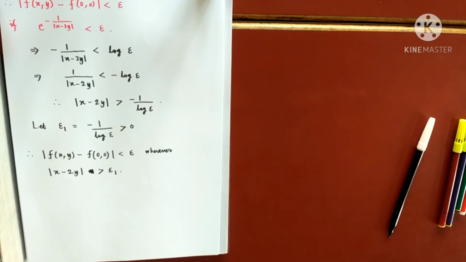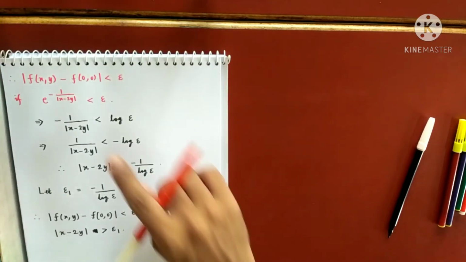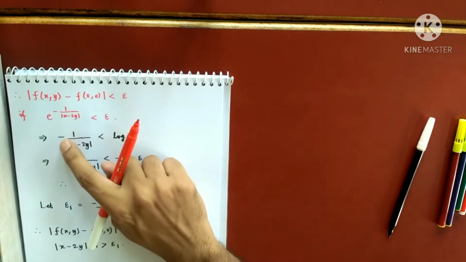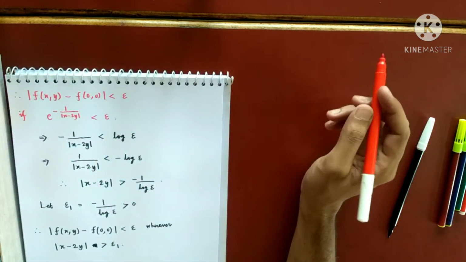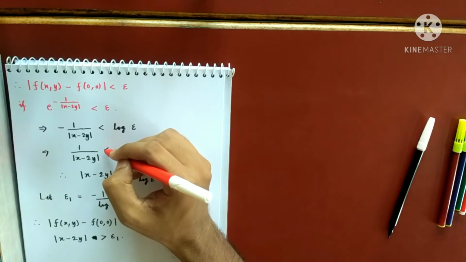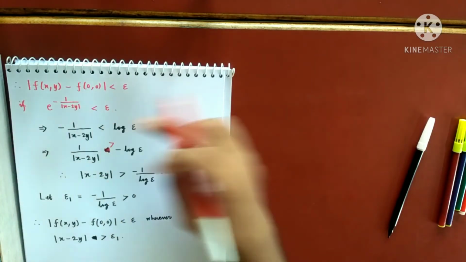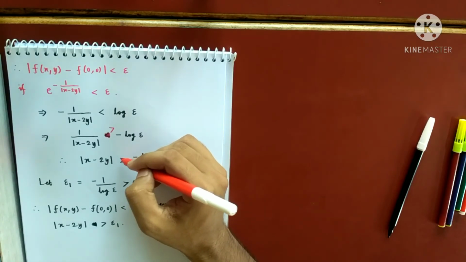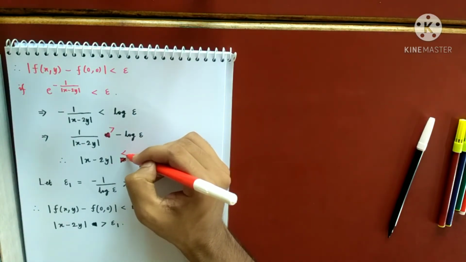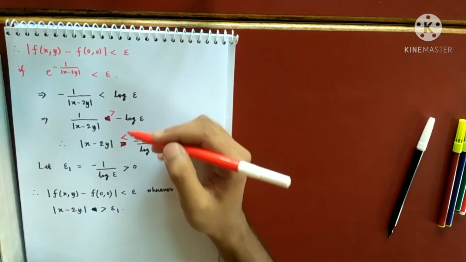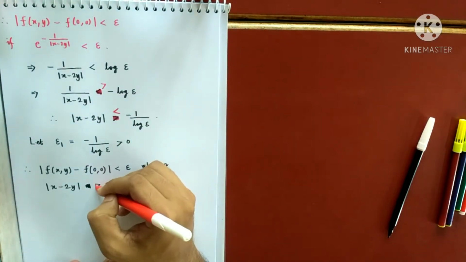Yes, no, I hope I made some mistake, is it? No. Did I make any mistake in the inequalities? So this is negative. Oh, yes, I made a very big mistake. So this should be greater than, because I am sending negative. So this will be less than. Yeah, that's what I was thinking. And yeah, so this will be less than again.